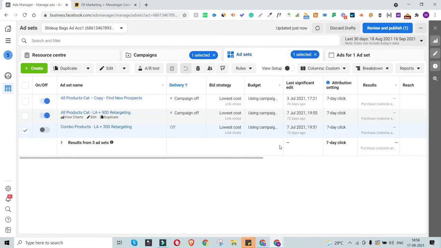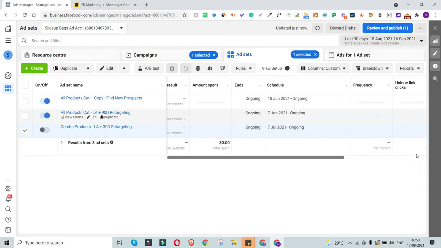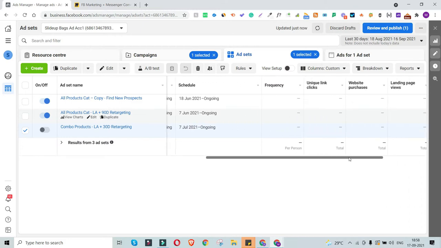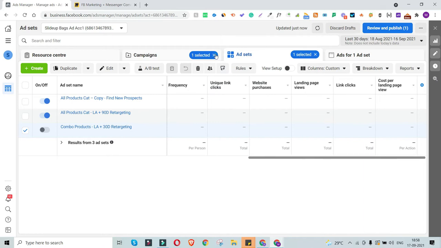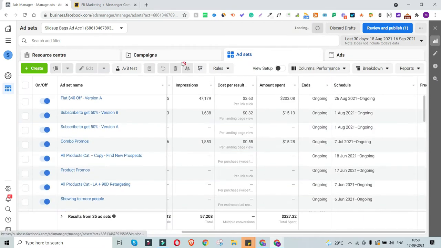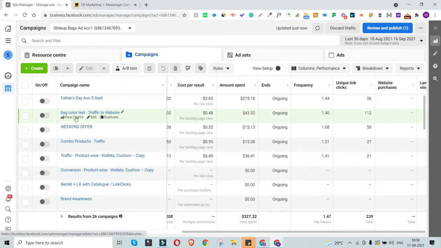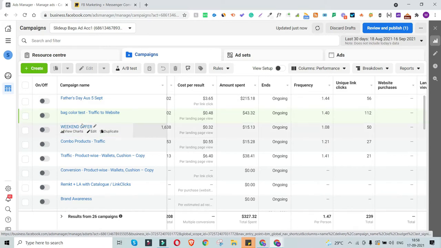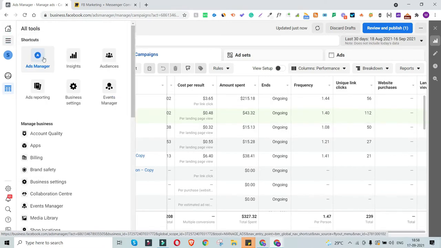Now let me quickly get started with the ad creation, retargeting ads setup. So this was all an example that we went through so far. Now let me just quickly set up an ad for you. Whenever you would like to set up any kind of ad, and right now we're trying to figure out how to create remarketing ads, the first step would be to get into your ad manager. That's where you get this dashboard to set up your ads.